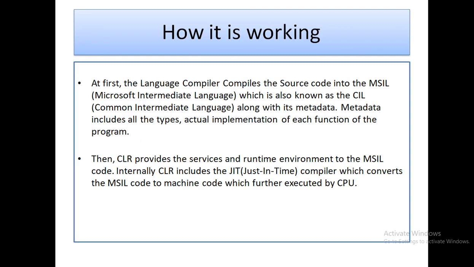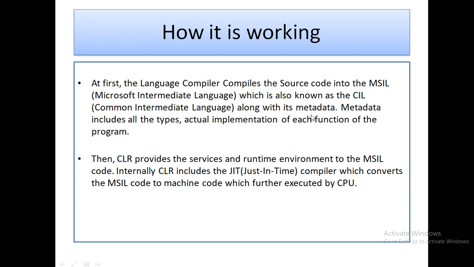If you go to the previous slide, you can see how it is working here. At first the language compiler compiles the source code into MSIL, Microsoft Intermediate Language, which is also known as CIL. If anyone asks you what CIL is, don't get confused, because CIL and MSIL are the same. MSIL stands for Microsoft Intermediate Language, and CIL stands for Common Intermediate Language. Both are the same. So the compiler compiles the source code into MSIL, also known as CIL, along